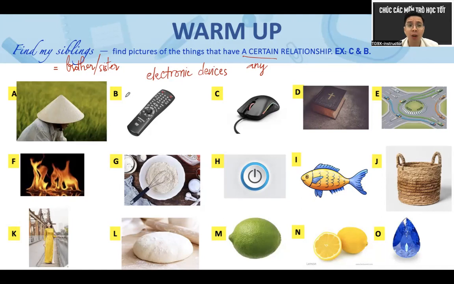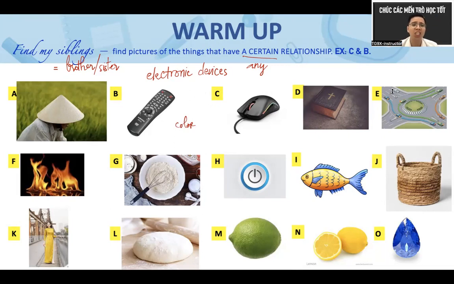What is the relationship between B and C? Yeah, chị Ngọc. J and L. Powder. Wait, not yet. Later. Now, I want to ask you, what else relationship between B and C can you find? It's very obvious. Can you see? Blue, black. Yeah, they're black. Yeah, the color. See? Right.